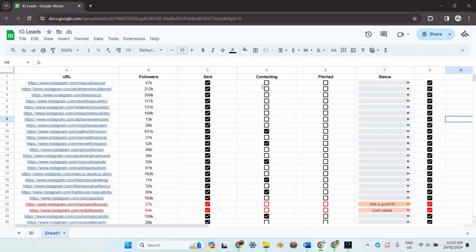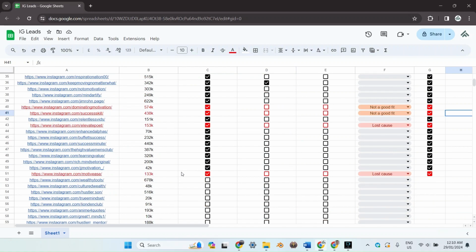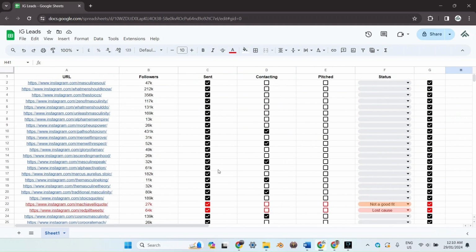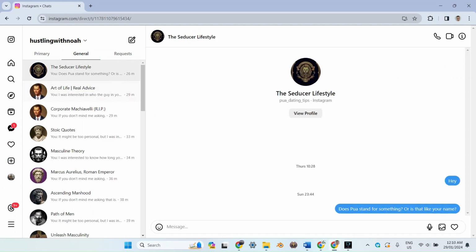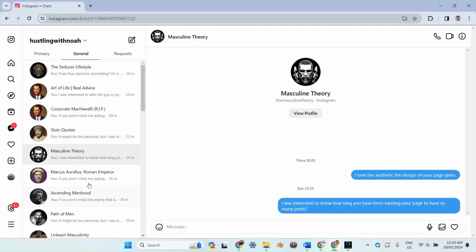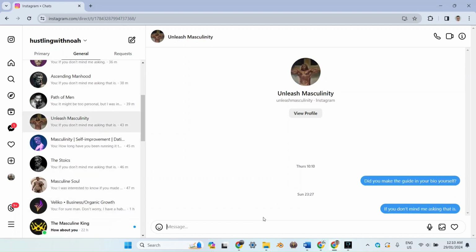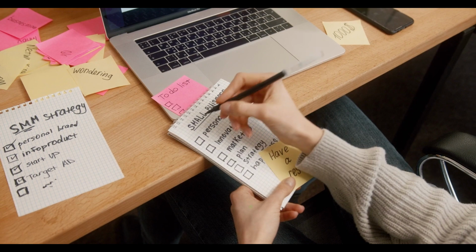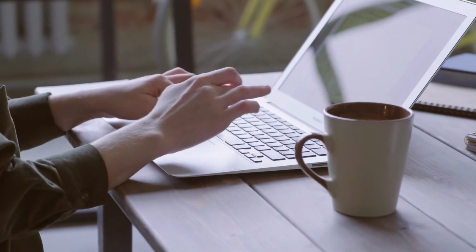Awesome, so I've now gone through all of the 50 I've got. I've crossed off a few off the list that I had a few problems with, but mainly what I've done is I've just followed up with a lot of these messages with things that I'm hoping will grab the lead's attention, but obviously some of them won't respond, so that's fine. So now that we've completely finished the initial contacting of leads, and we've got a few responses and we're waiting on a few more,